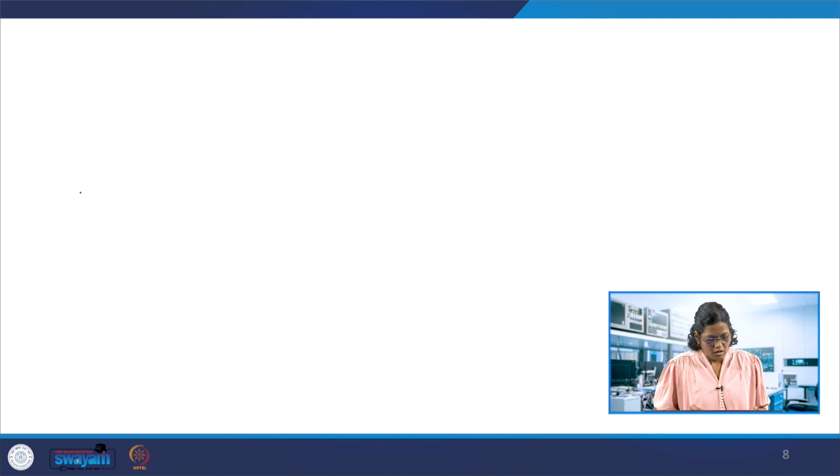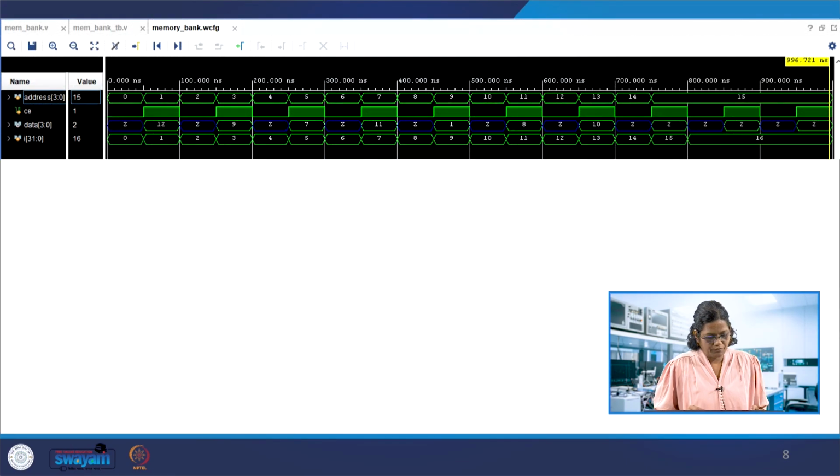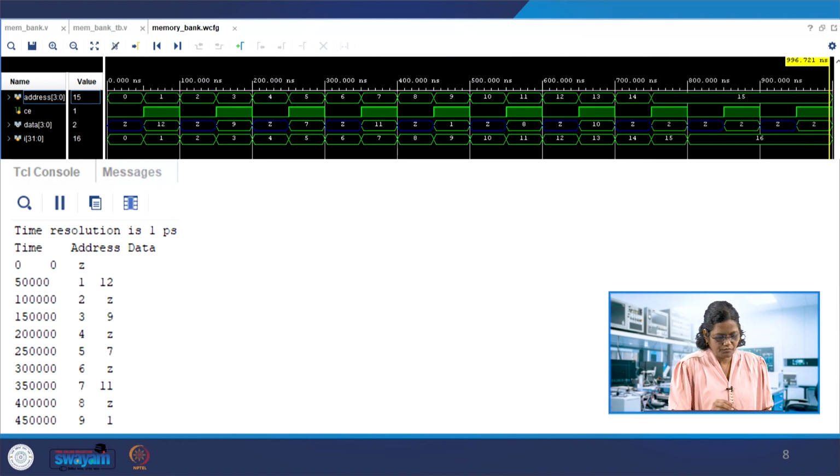So the output we have here, see this is I incrementing 0 to 15, and because it is showing 32 bits, it is going over here, otherwise we would stop.